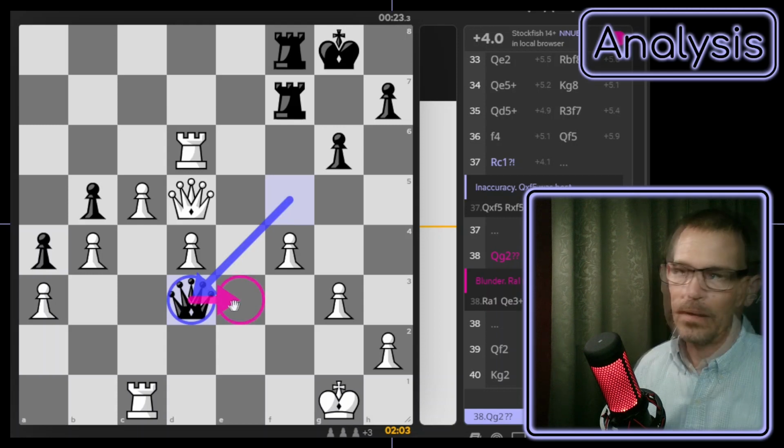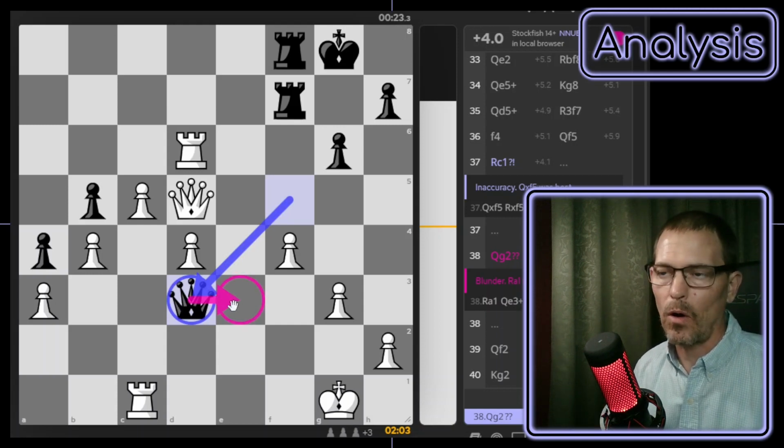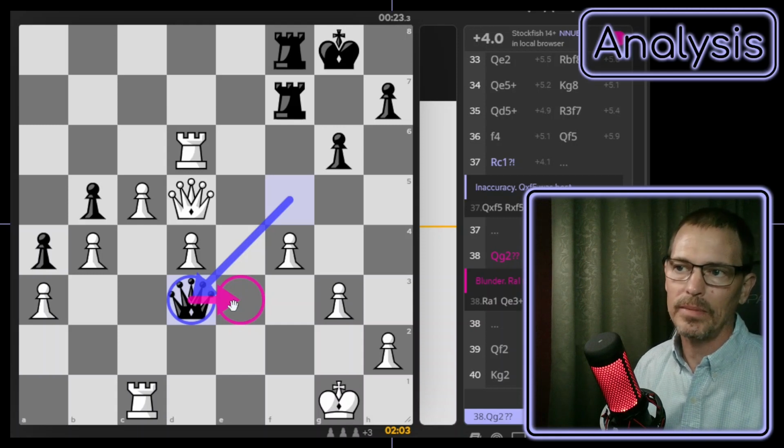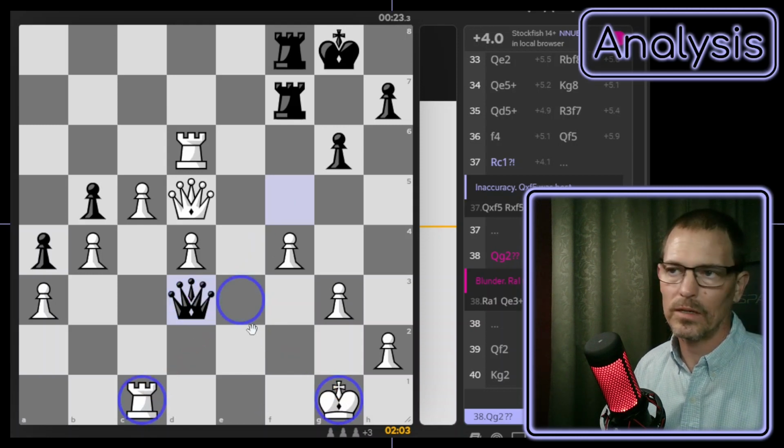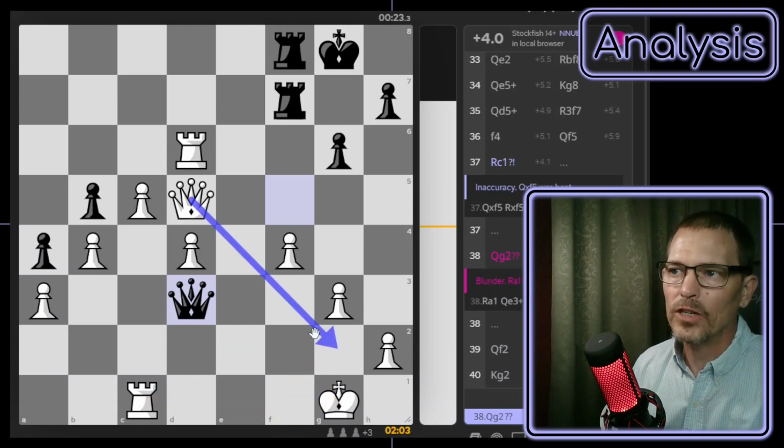Okay, I think now, with no pressure of the game being on me, I think what my opponent is aiming at is e3, because e3 aims at my king and aims at my rook. So I should have done something to stop that. I could have moved either one of these pieces so that that wouldn't be a fork when they went to e3, but I don't know where I should have moved them. For example, if I had moved my king forward, they still would have had a fork here on d2. If I had moved my king this way, same thing, they would have still had a fork. So maybe I should have moved my rook over to f1, or maybe I should have brought my